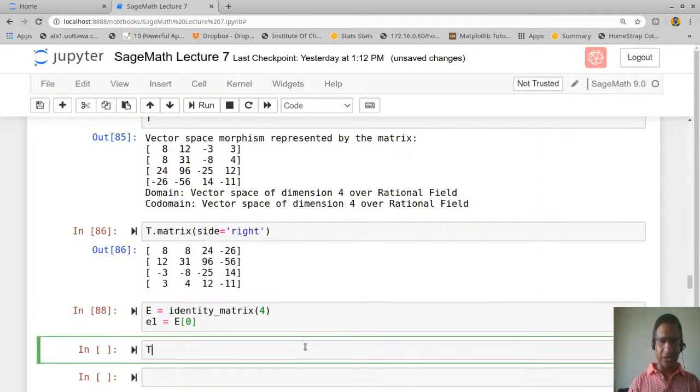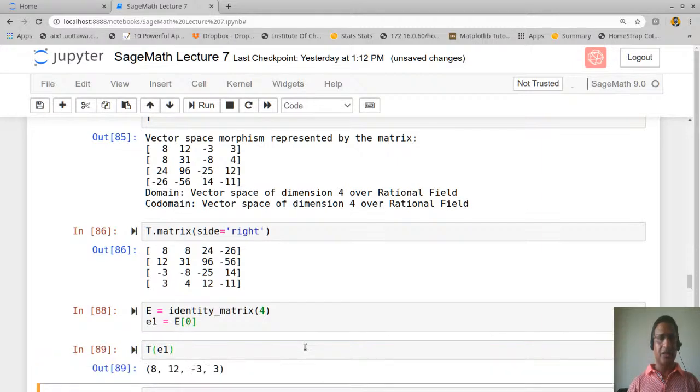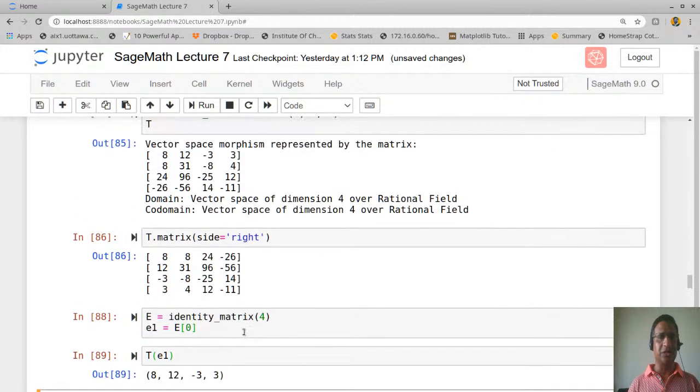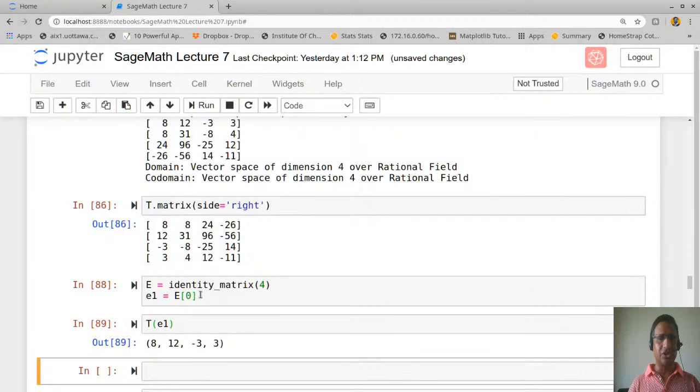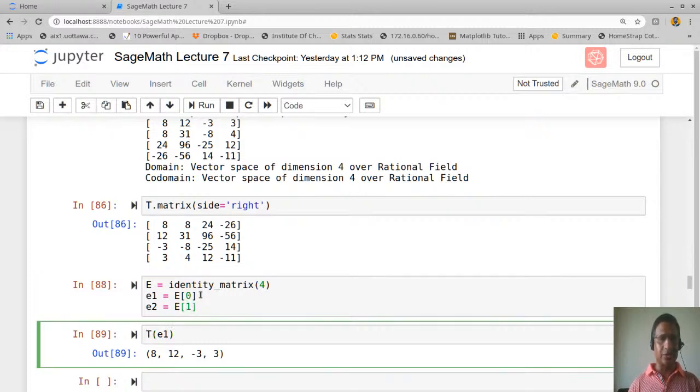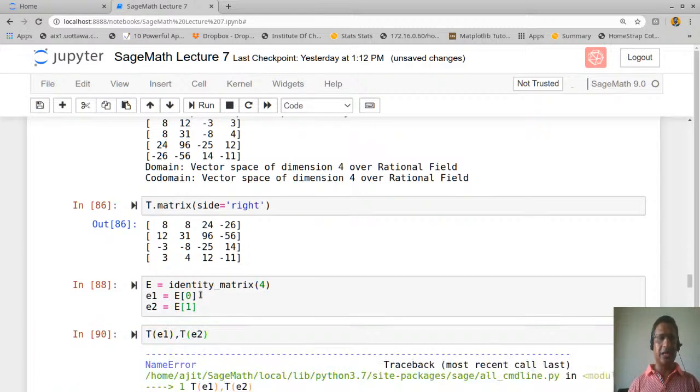Now if I ask what is T of E1, that will be the image of E1, and if you write this column-wise, this should be the first column. That's correct. Similarly, if I say E2 is equal to E of 1, and then ask what is T of E2, that will give me